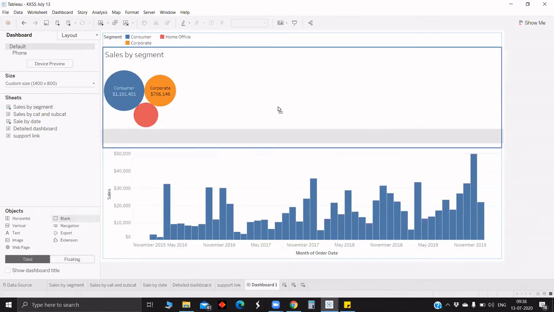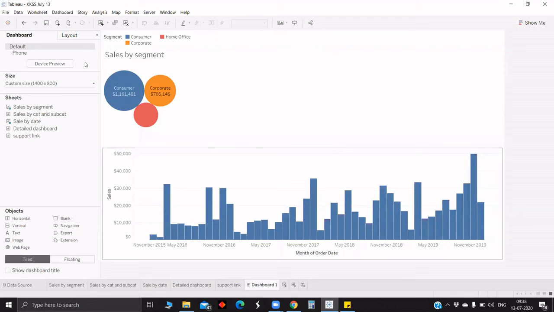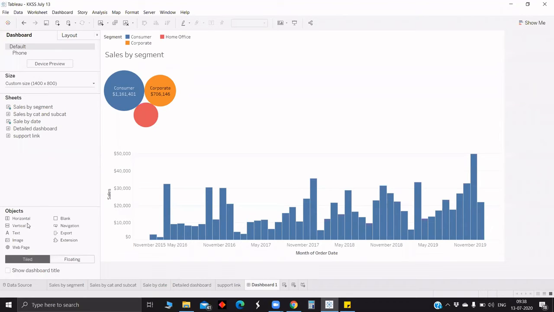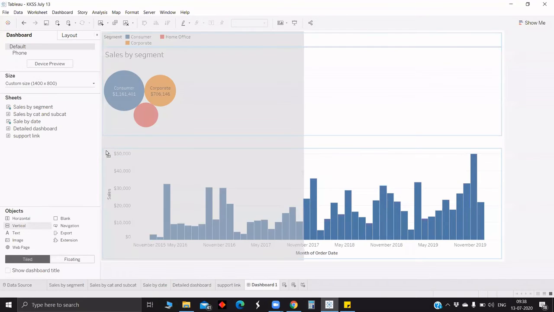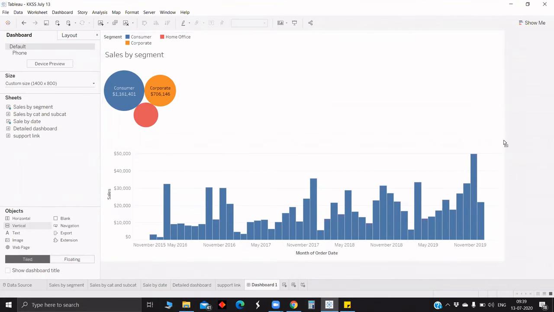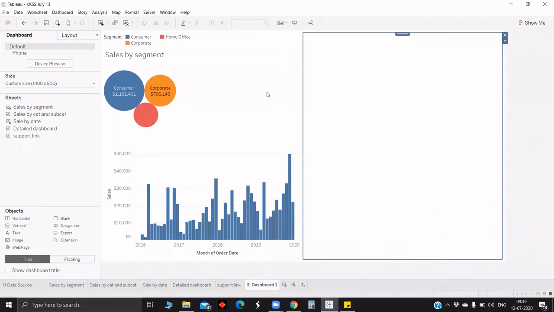Let's say, for example, you have one vertical, right? So let's say, are you in a position to add one more vertical, just beside the current vertical? So there are 2 verticals? Yeah, we can do that. So just take the vertical, and you have to make sure that it's outside the entire thing. So you have to point to the leftmost or the rightmost, since you want it side by side. So in that case, if you pull, you can see the one more vertical. It's about the position where you are trying to put that container.